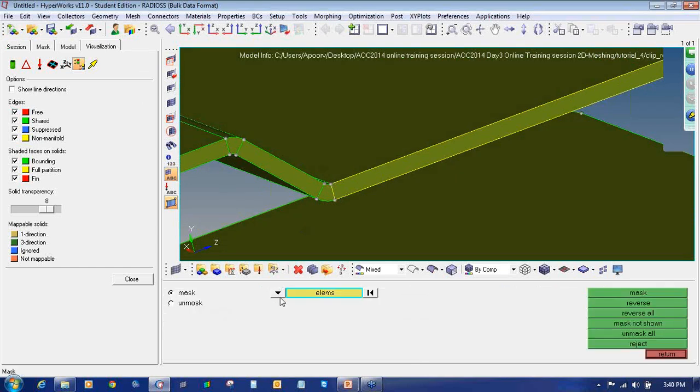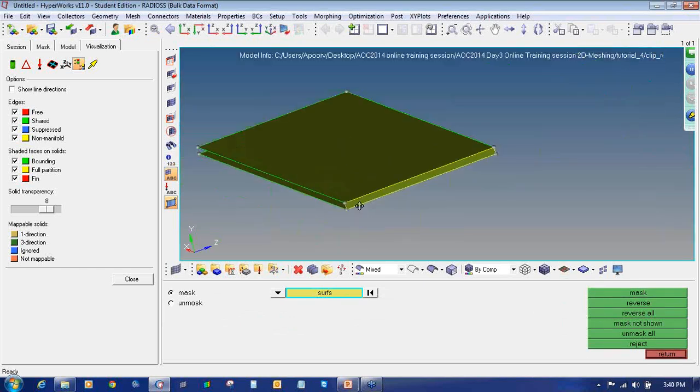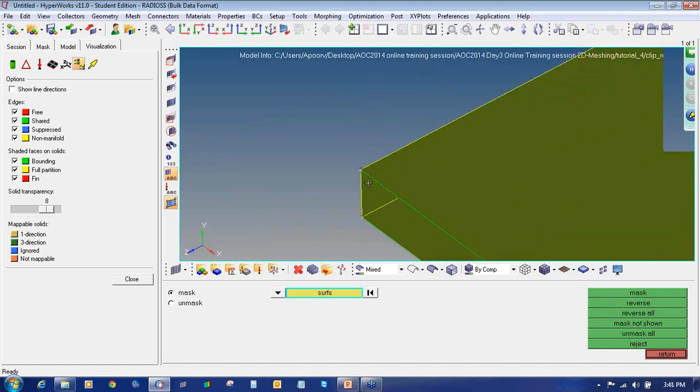So I will go to mask panel, pick the surface and say reverse. So you can see it is not a T connection, but still it is showing the yellow color edge. That means it is a duplicate surface. So there is a duplicate surface. So if I do the meshing here, the elements will get duplicated, and thus this particular region will get maximum strength due to the material properties which are assigned to the element. So I always make sure in my model we should not have a duplicate surfaces.